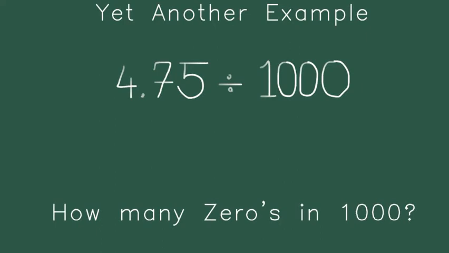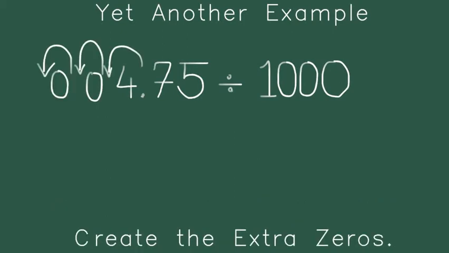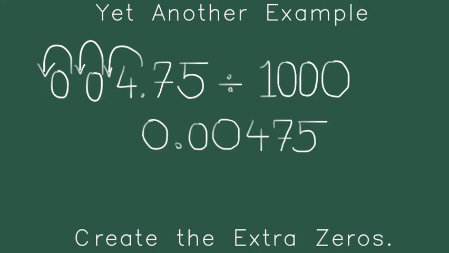Now the 1,000 has 3 zeros. We're going to be moving the decimal point 3 to the left, but we're actually going to create 2 zeros. We're going to create the obstacles that the decimal point has to go through. Okay, so we create the zeros and then we place the decimal point. Now we get the answer 0.00475,